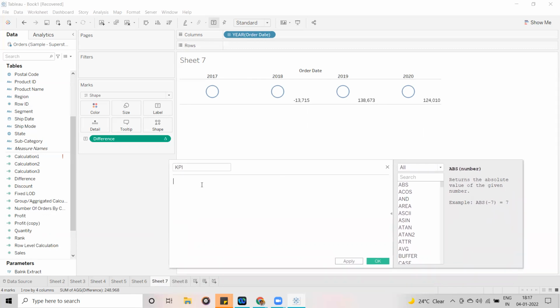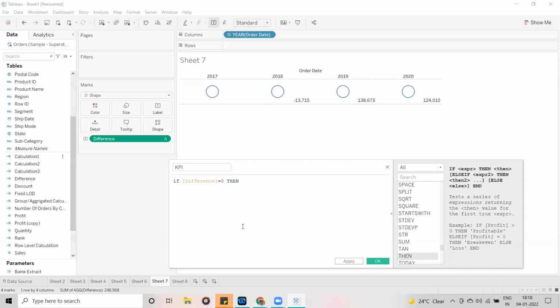Here what I am going to write is: if difference equal to 0, then neutral. In spellings I am weak, guys, so don't worry. After this, you know how to write if else or case when.